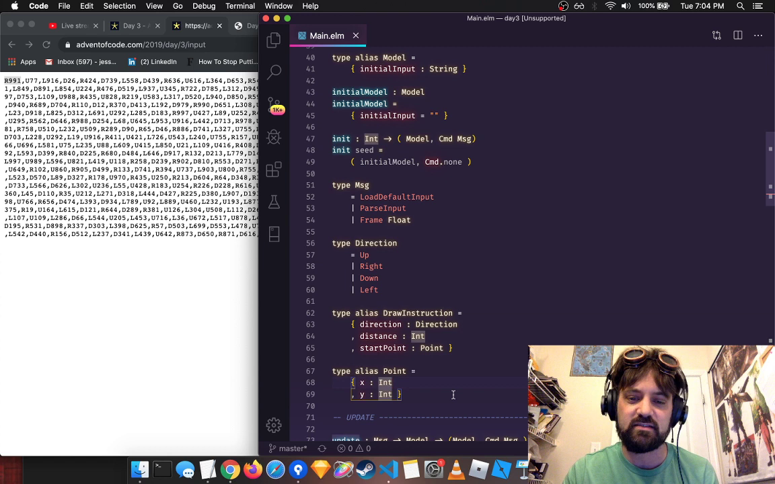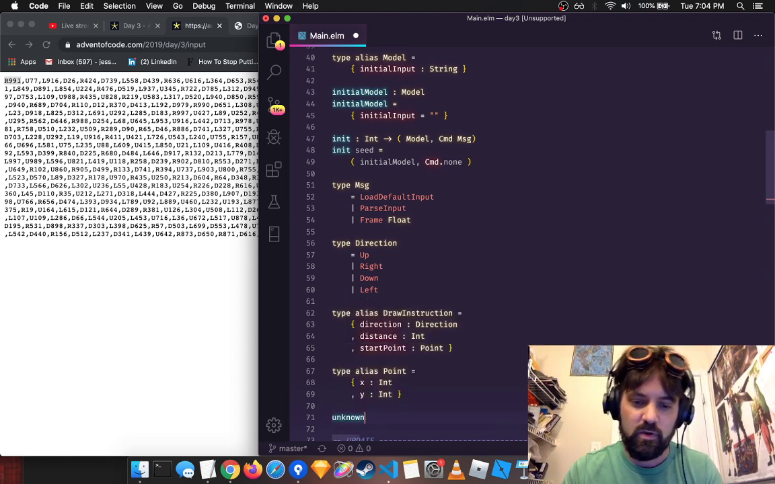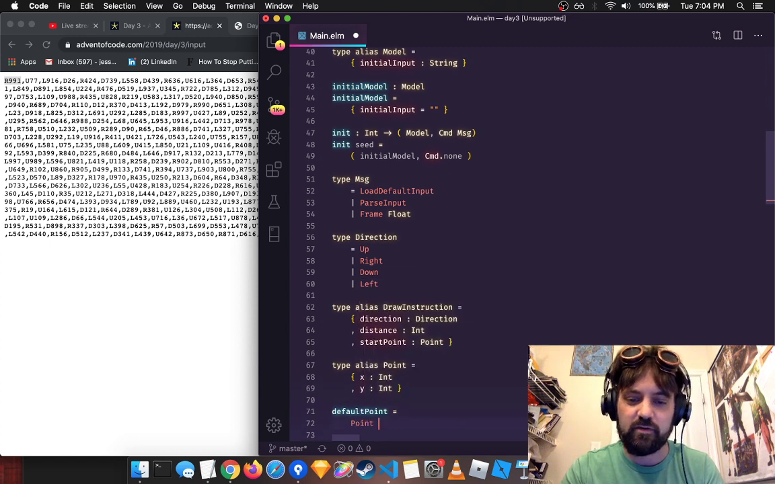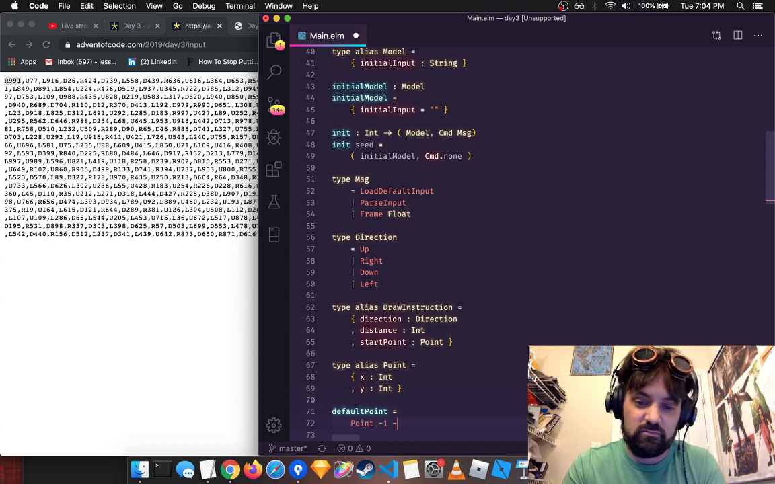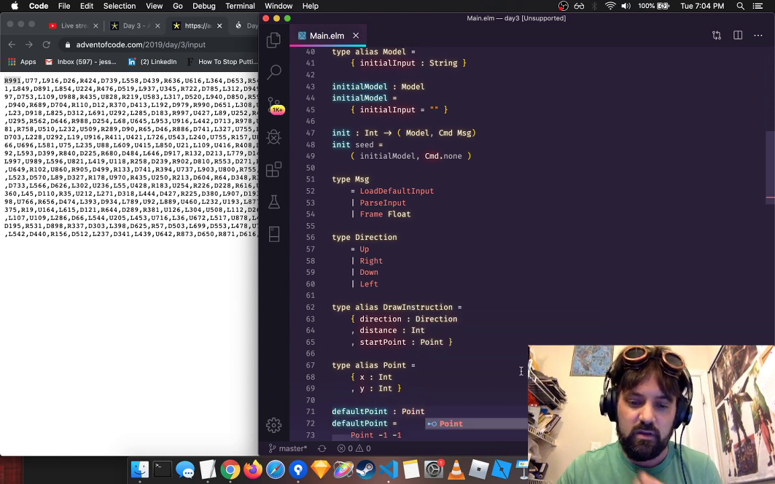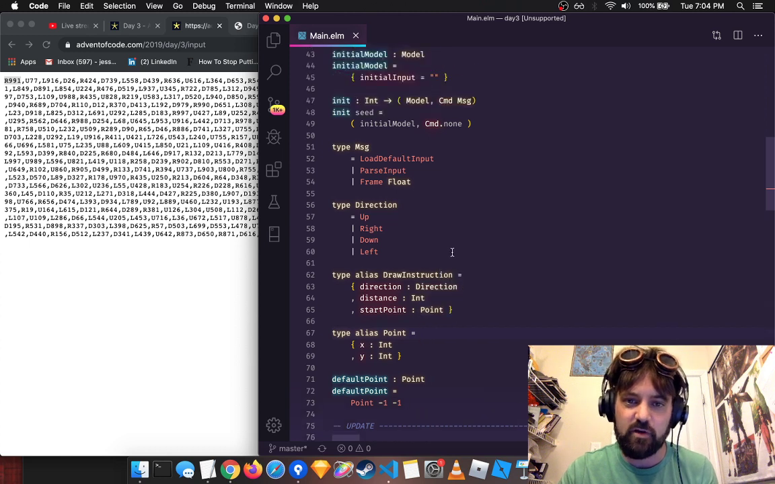So that allows us to parse a bunch of draw instructions out based on a point that it starts at, and the default point is unknown. So we're going to say an unknown point, or a default point is a point that's off screen. So we'll just say -1, -1, because we don't know where that is and it's unknown, right? So that's a default point. And that way we can have a default. And so our initial model is going to get an